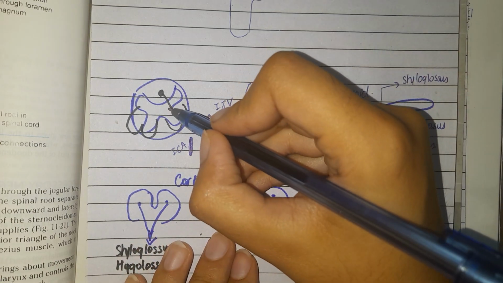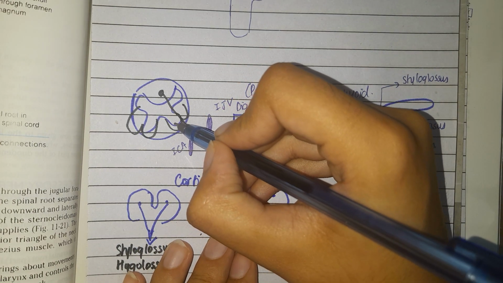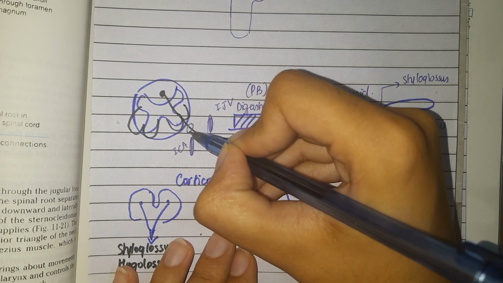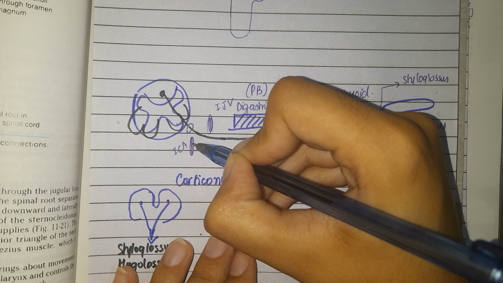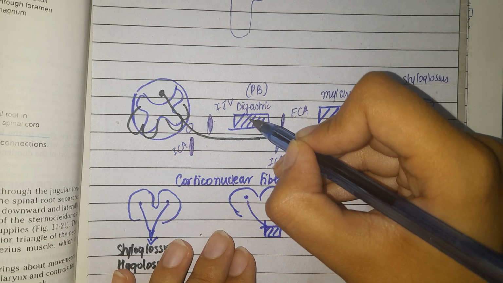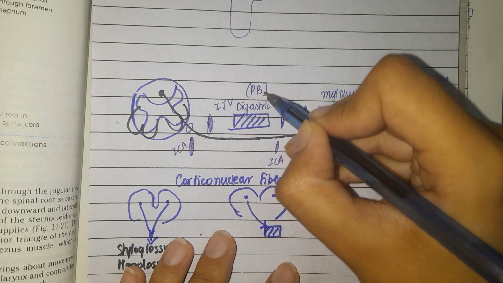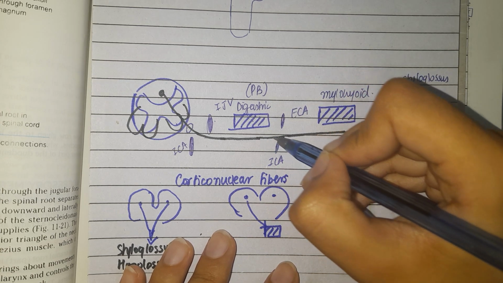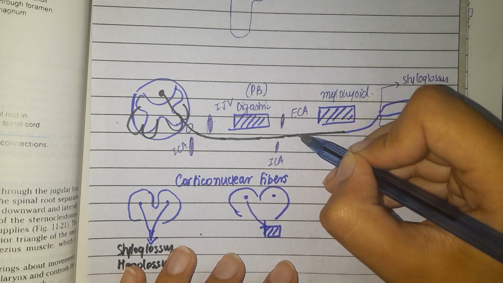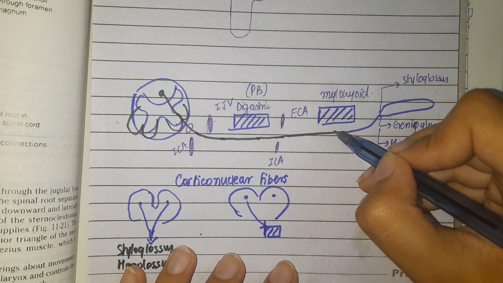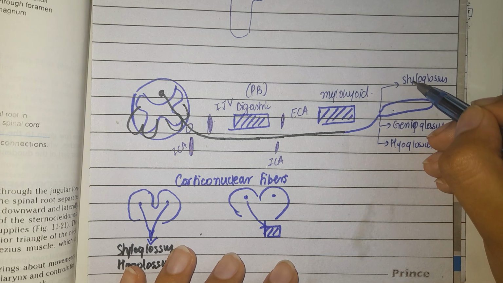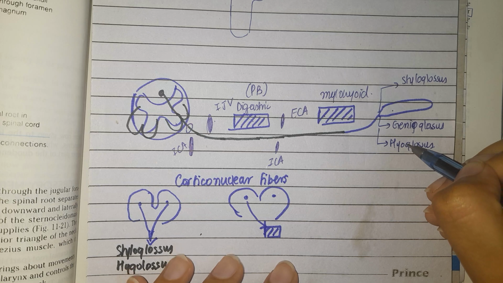So first of all, as soon as the hypoglossal nerve comes out between the pyramid and the olive, it passes through the hypoglossal canal, then it runs between the internal carotid artery and the internal jugular vein. Then it comes forward, that is, in the lower portion of the posterior belly of the digastric muscle. Then it passes between the internal carotid artery and the external carotid artery. Then it passes below the mylohyoid muscle to supply the intrinsic muscles of the tongue like this, and the styloglossus, genioglossus and hyoglossus muscles.